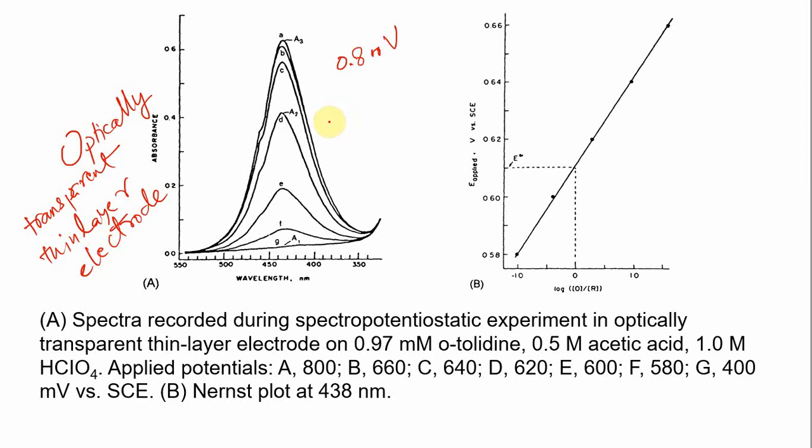We say that the ratio of the concentration of the oxidized species to the concentration of the reduced species is much greater than 1000, which ensures the complete transformation. So in that case, this last curve is recorded, which shows that all of the species is converted to the required product which was needed. Now the intermediate spectra correspond to the value of the E